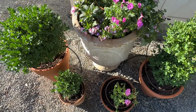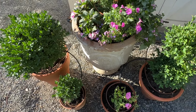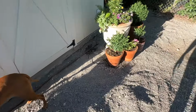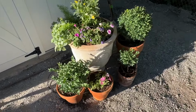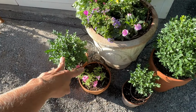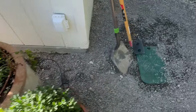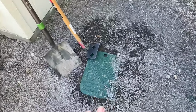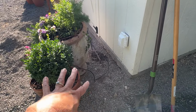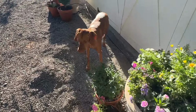But this year I'm okay with dealing with a little tubing because it's going to save me so much time, probably about an hour a day of watering things, and the stress not there when I'm out of town. So it's so nice. So same thing for this one. These 2 are on one together, these 2 are on one together, and then this one's separate. And then my husband got this all covered up and finished, which is nice. So I just need to come in, finish those, backfill this area, and then over here